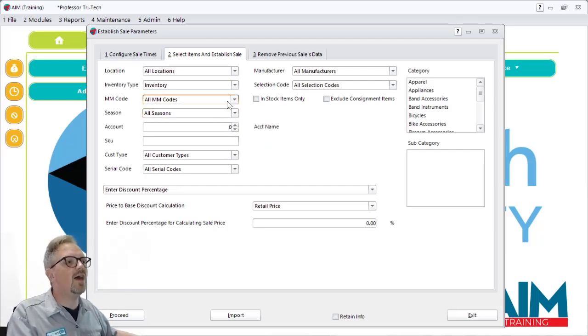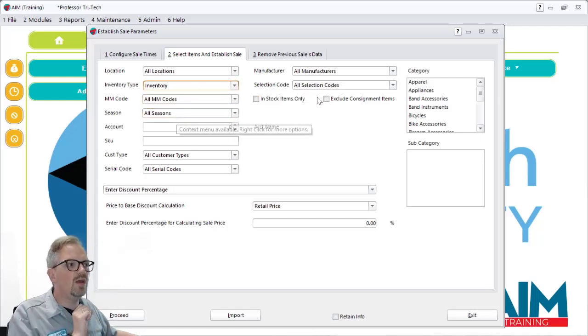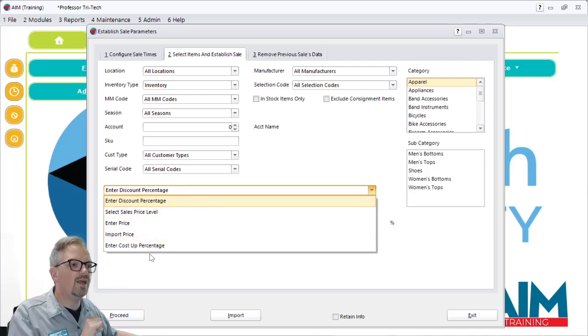But let's say that we're going to say that anything at any location from any manufacturer, and we want it to be inventory transactions that are going to be in my apparel category. I want those to be, let's say,